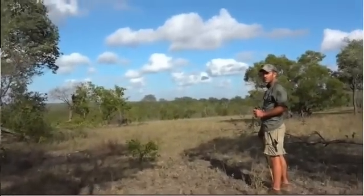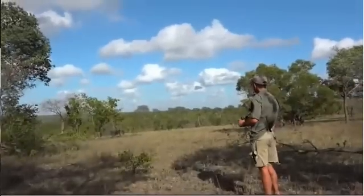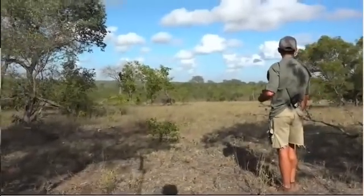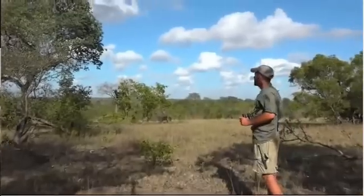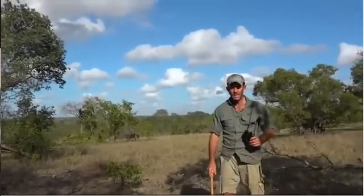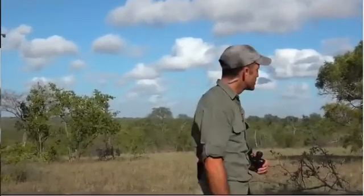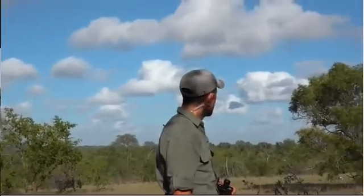Andrew's just broken a tree. It's not great for the tree, of course. The atmosphere is just so peaceful and gentle. And I think people often talk about, if they think about being out here as a complete adventure, which it is. It's absolutely the most wonderful adventure you can have. But it also has these moments where